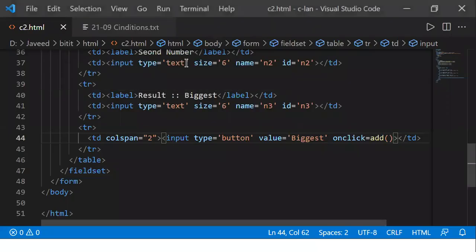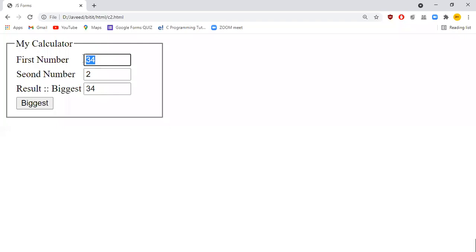Now, when I want to have a text control, where some data is to be entered, you can make use of input type is equal to text. Like this button, you can say input type is equal to button. Now, what does the password field mean? A password field is one which hides the data that you are typing. For example, I'm typing some numbers like 4, 5, 6, and these numbers will not be visible to the user. So that is called a password field.